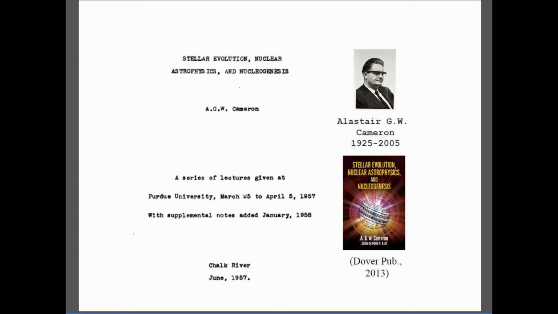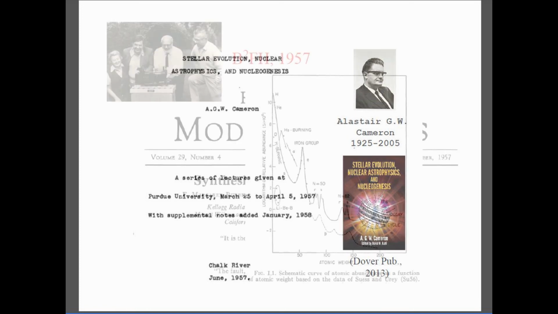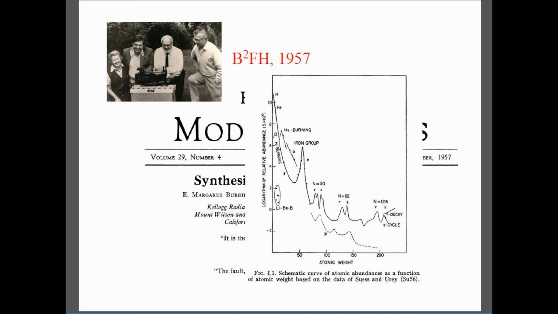In fact, it's not even a paper; it's a series of lectures, given at Purdue and done at Chalk River, and in this series of lectures is, again, the modern vision of nuclear astrophysics. Actually, this series of lectures is going to be republished, re-edited, next year. But the other is the paper referred to as B squared FH,